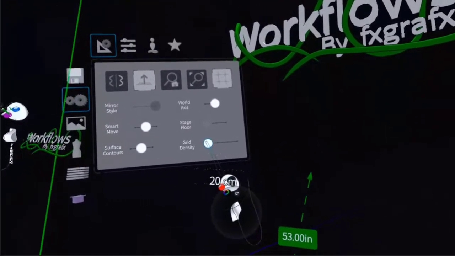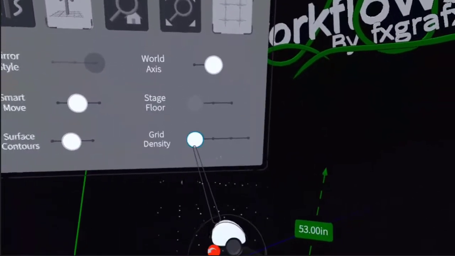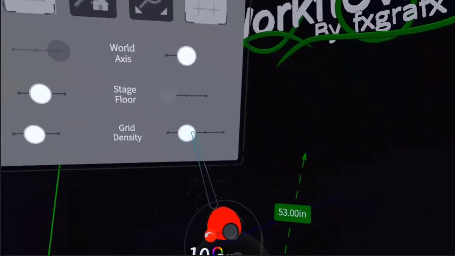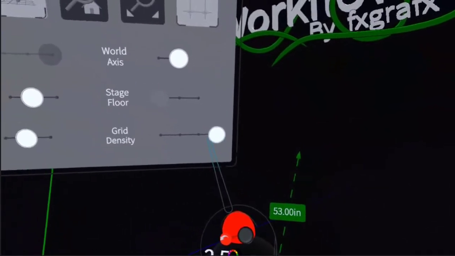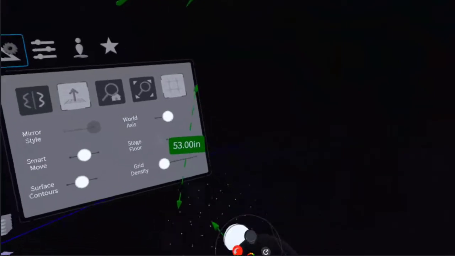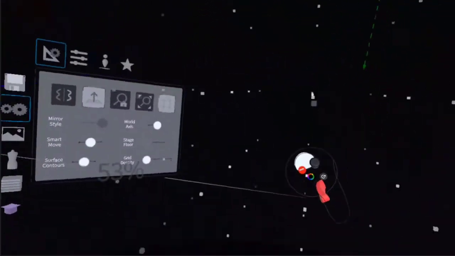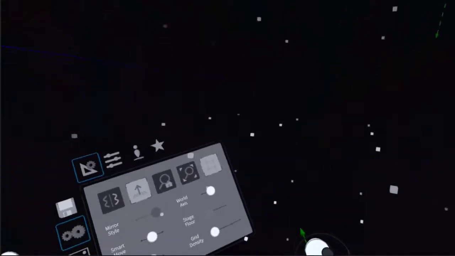They're really, really small, but they help you out a lot, okay? So the density, the lowest one you can be on is 20 centimeters. Then you got 10, so let me bring it close. So you got 10, that's smaller, and then infinite, 2.5, okay? So it depends on how you want to draw it, but what I like doing is getting here and then bringing these dots up really, really big, okay? And turning off that, and then